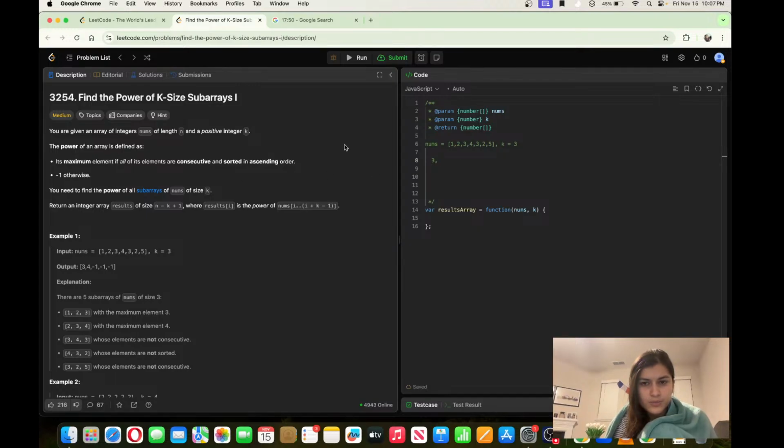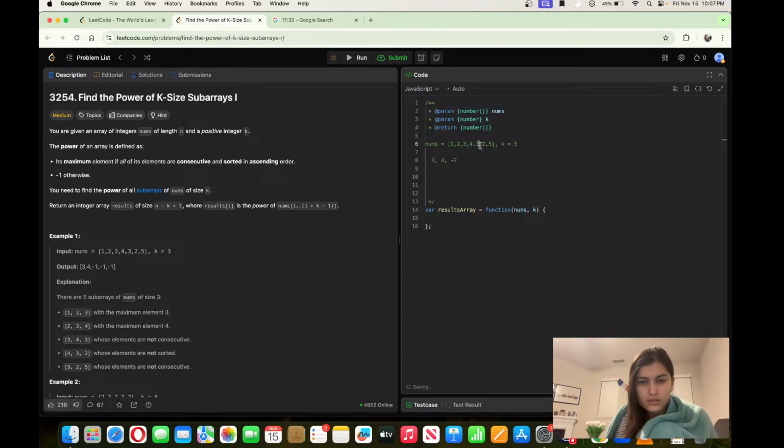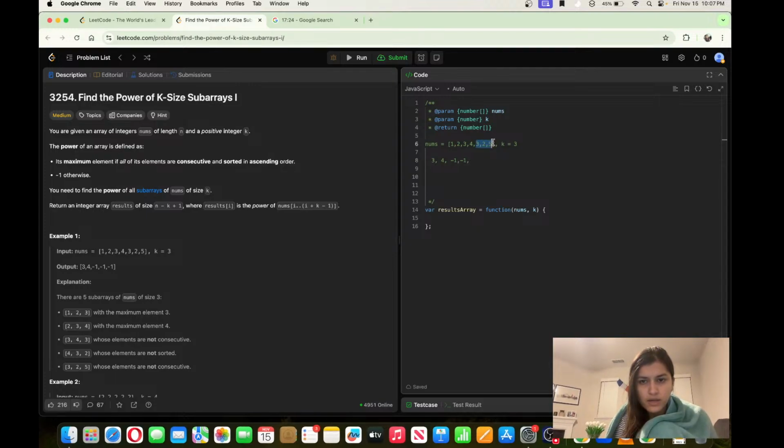And 2, 3, 4. What is the maximum element? 4. And 3, 4, 3. This is not consecutive, right? These elements are not consecutive, so it will be -1. And 4, 3, 2 is also not consecutive, so it will be -1. And 3, 2, 5 is also not consecutive, so it will be -1. Okay,